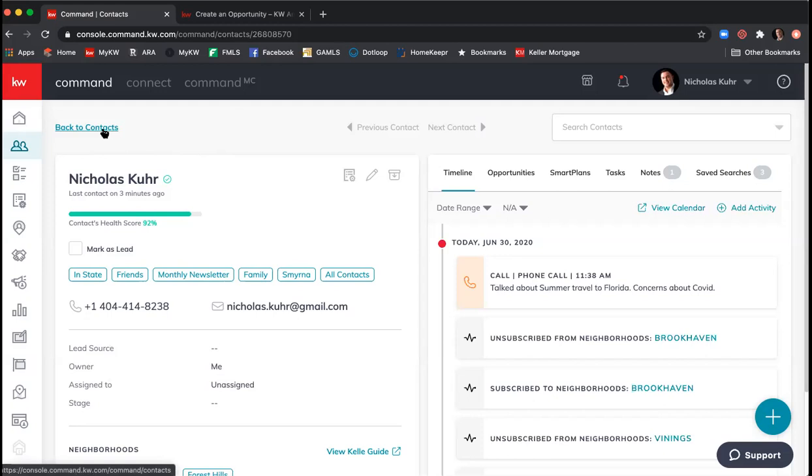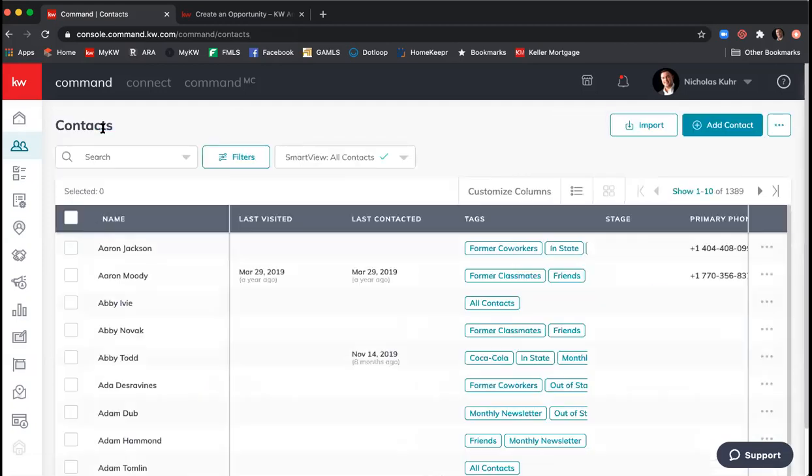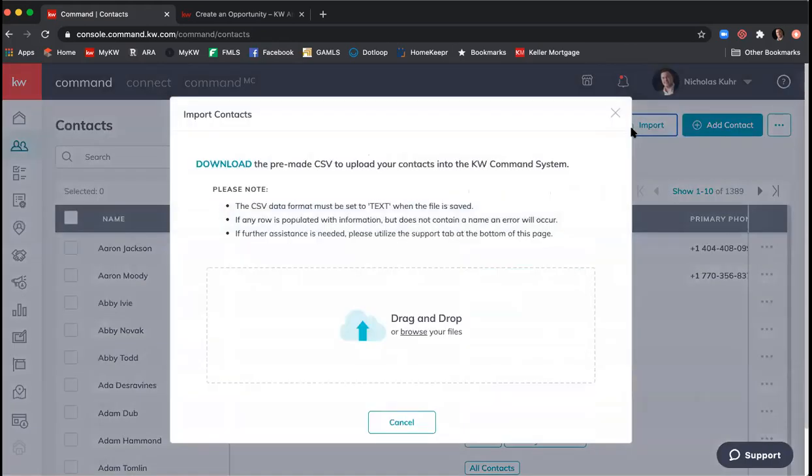All right, so we walked through adding our contacts manually. Next thing I want to show you is how to add and import a ton of contacts. So up here, we have the import button. Click on the import button, and you'll see up here it says download the pre-made CSV to upload your contacts into the Command system. Click download to download that CSV, and CSV stands for comma separated values. That's going to be a template with a bunch of different columns that you can put your contact information in, and then you can upload it, and when it's in those specific columns, it will populate the fields within the contact card